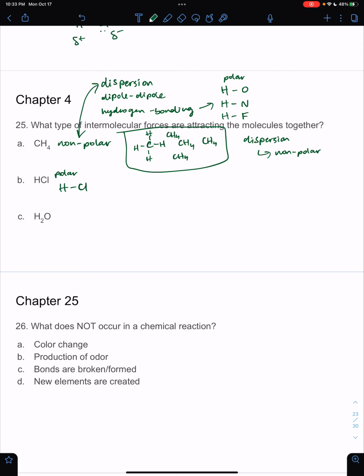So everything that's not an oxygen, a nitrogen, or a fluorine is not considered hydrogen bonding. So let's go back to HCl. This is a polar bond, we said. It has that dipole between the hydrogen and the chlorine because the chlorine is so much more electronegative than the hydrogen. So if you had a bunch of these together,